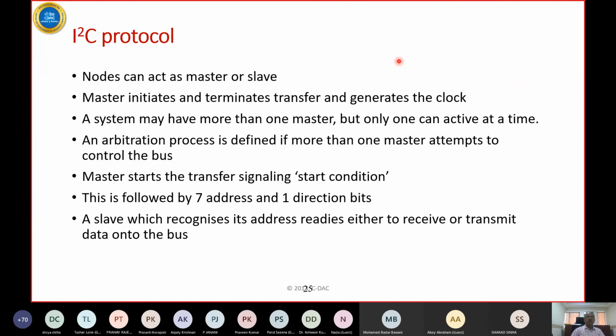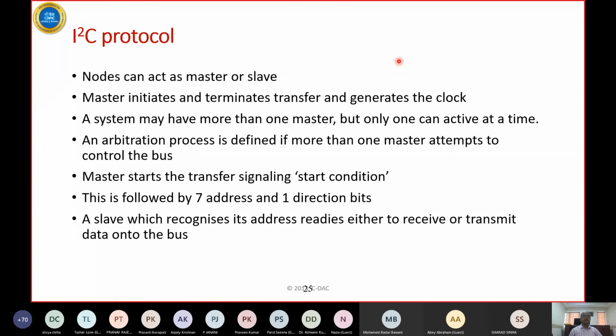Okay. So now how does the protocol work? Every node that you connect on this bus can be a master or a slave. Now who can send data? Only master can send data. Who can generate the clock? Only master can generate the clock. Whereas the slave,